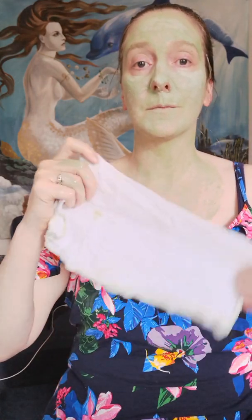And now you can press pause and have the mask on for longer if you like, or a wonderful place to take off the mask is in the bath or the shower. So gently pressing the first chosen cloth across the base of the neck, gently pressing in and moving back and forth across, pressing in, moving back and forth across,